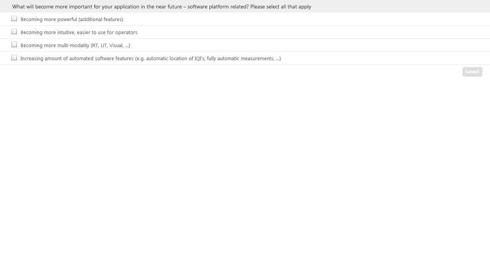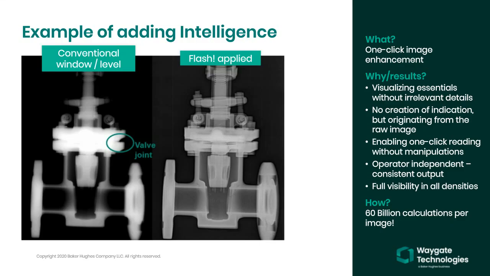Let's look at an example of adding intelligence through software. We have a software module, Rhythm Flash, which is widely deployed at over 1,000 sites around the world. It's patented. It delivers excellent, consistent image quality across CR and DR platforms. It enhances productivity and improves your workflow. It works with high contrast even at lower dose.